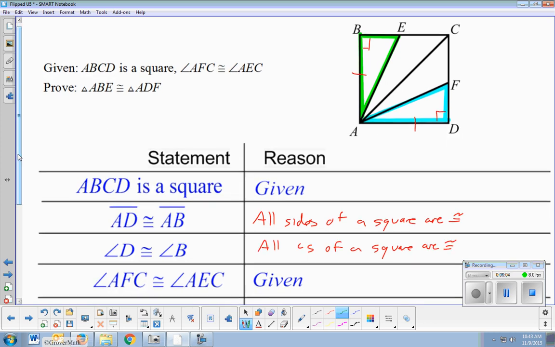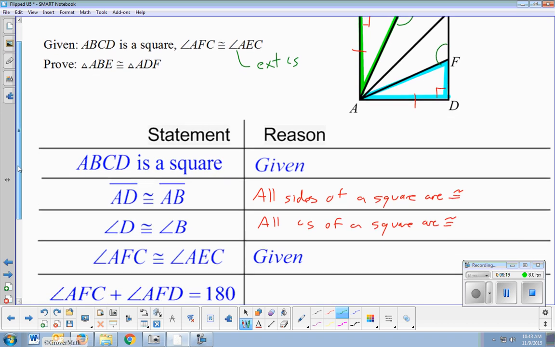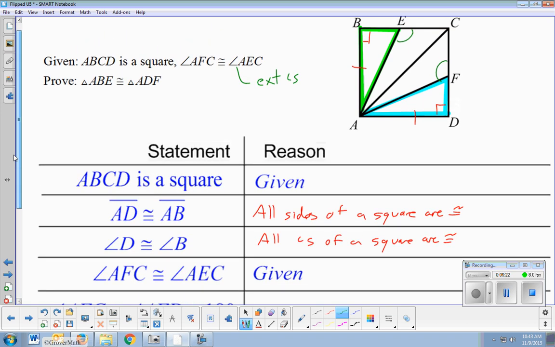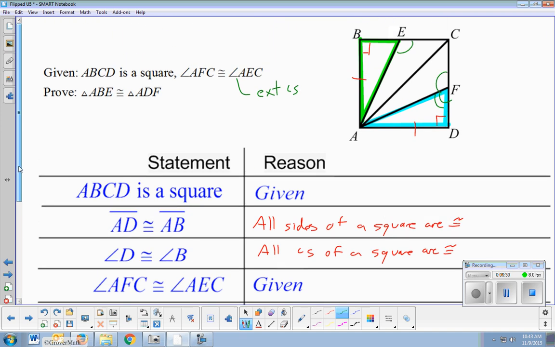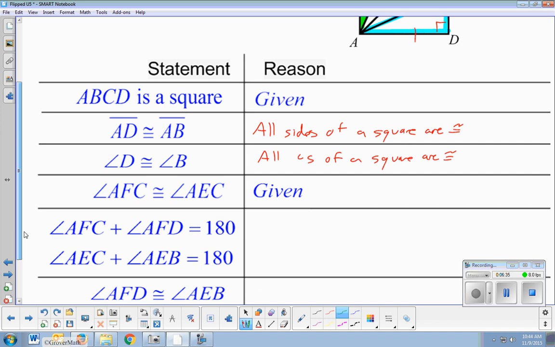The next given was AFC and AEC. So AFC is here and AEC is here. These are exterior angles to the triangles I'm attempting to prove. And so whenever that happens, our supplementary process happens. And so I can say that AFC plus AFD is this angle here. AFC plus AFD equals 180, and AEC, AEB, this angle here, they add to 180 because two angles that form a linear pair